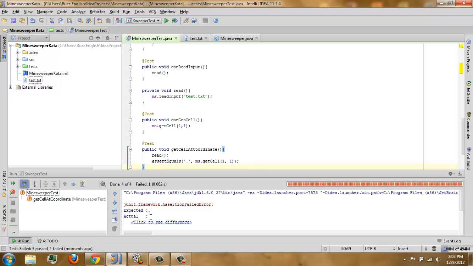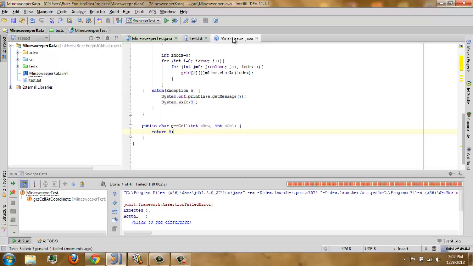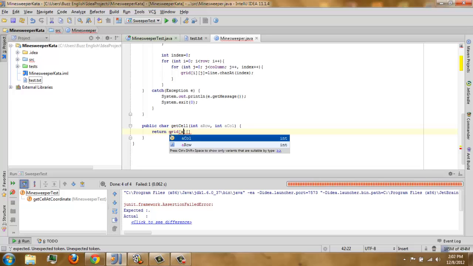Oh, a red. What happened? In Minesweeper, we're returning a character, right? So we have to access our grid. Return grid row column, yes, a row and a col.